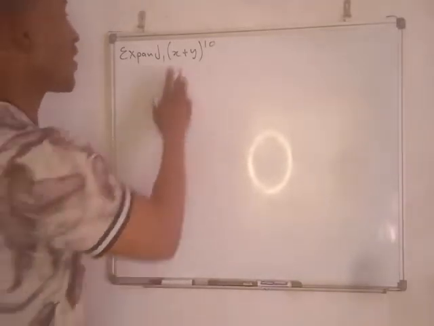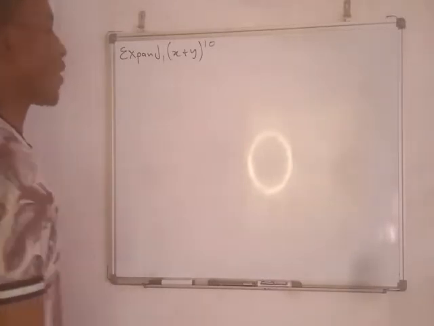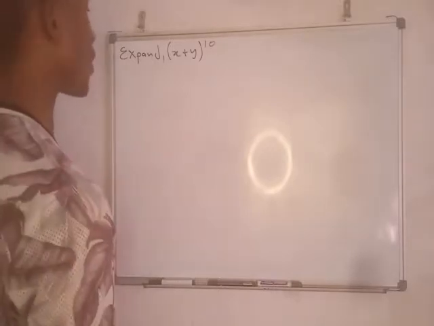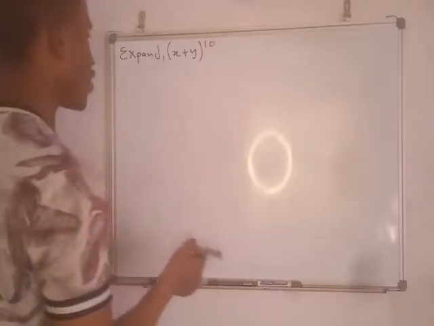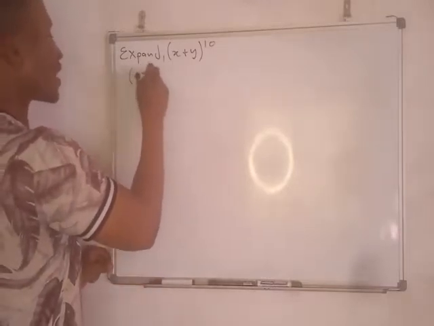So suppose that we are given something like this, (x + y) all raised to the power 10, and they're asking us to expand this using the binomial theorem. But what does the binomial theorem say? It says (x + y)